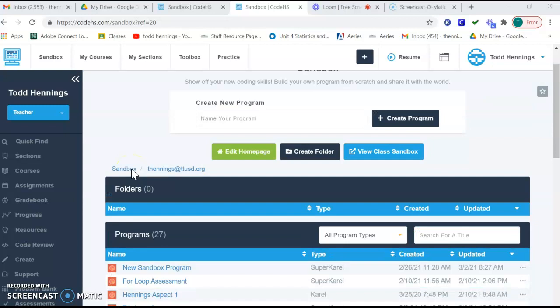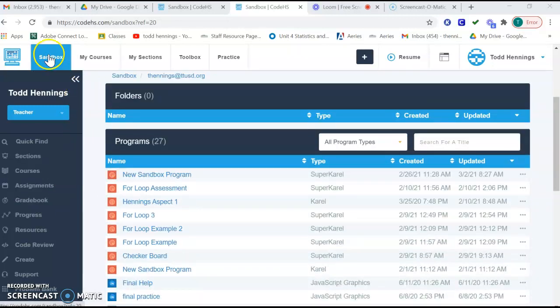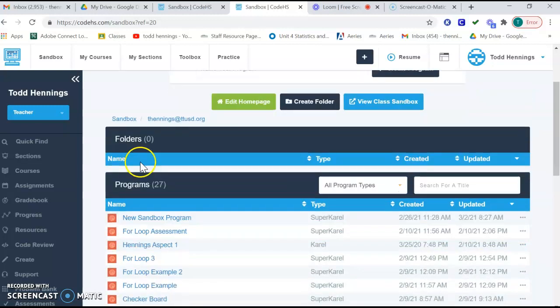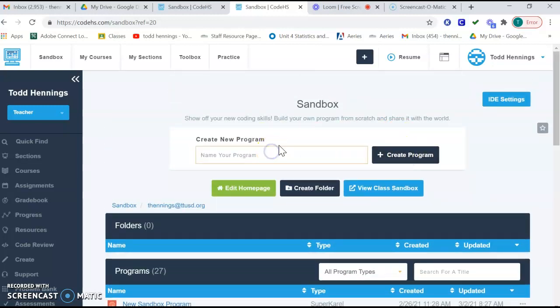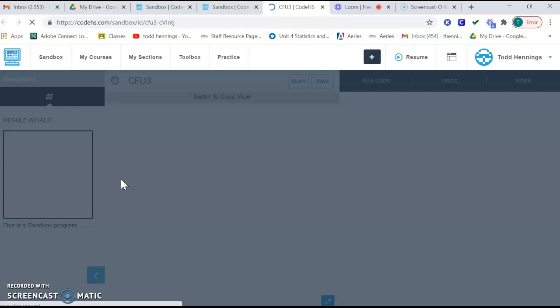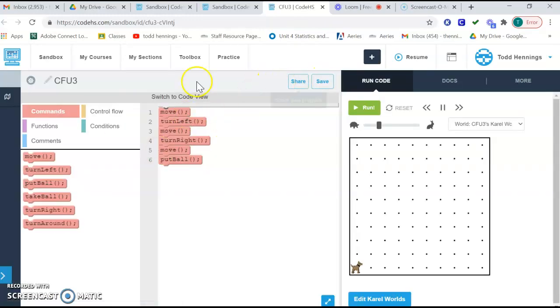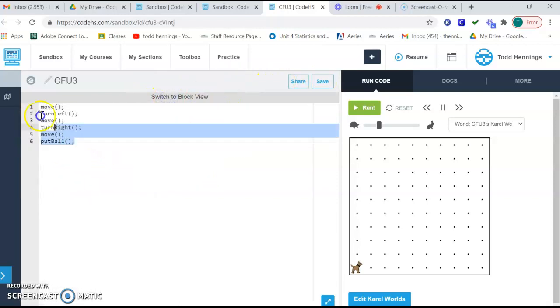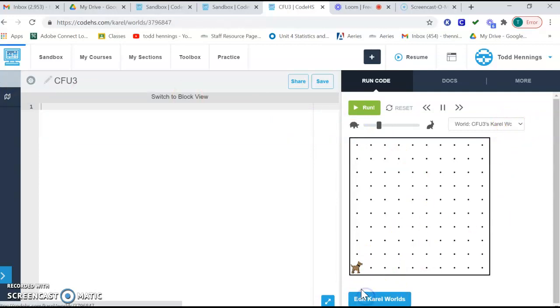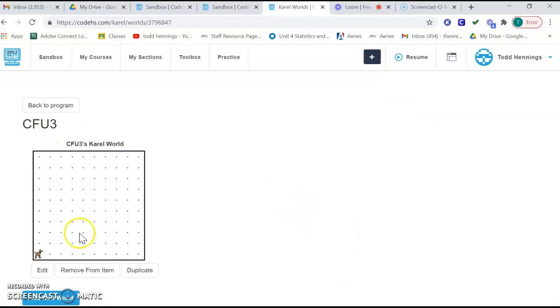So let's set up Karel's world so you can complete that. Remember, you're going to work in your sandbox. It's right here. Let's call this program CFU3. Create program. We'll use Super Karel. And it always gives us that code. Not sure why. Just delete it. So the first world is already set up. Let's use this one. We'll do edit Karel's world, and we'll just leave it 10 by 10. Let's